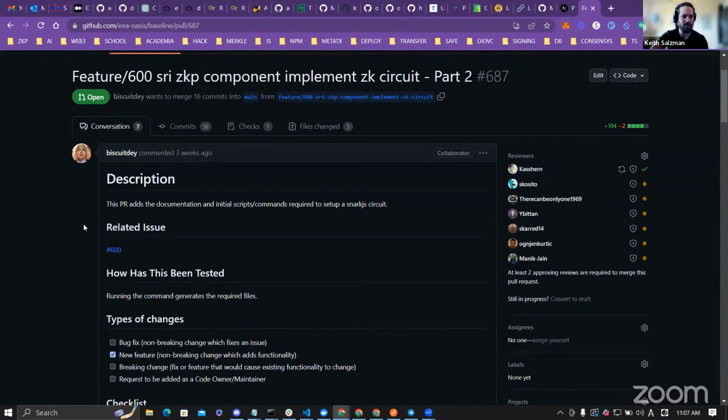If we take a look at the PR that she's made, the description is: this adds documentation and some initial script commands required to set up the Snark.js circuit. One of the things we discussed in the last larger meeting for the BRI3 group, including the SRI use case that we've mentioned, is which ZK library we would be using. The decision came down to between gnark and Circom Snark.js. For the purposes of the first version of BRI3, Snark.js and Circom are sufficient and generally easier to implement because